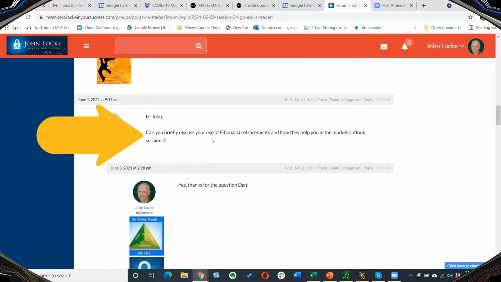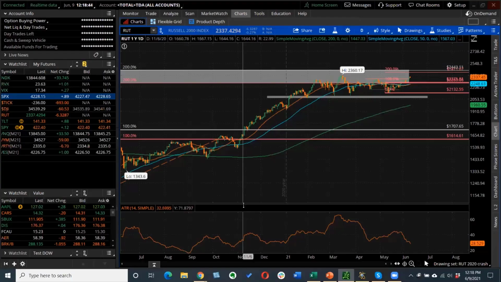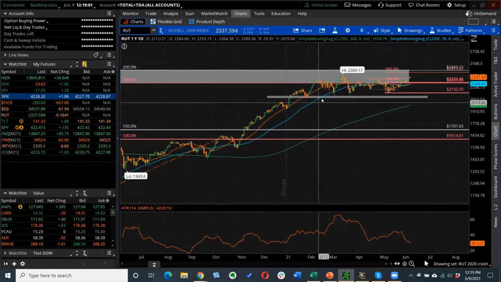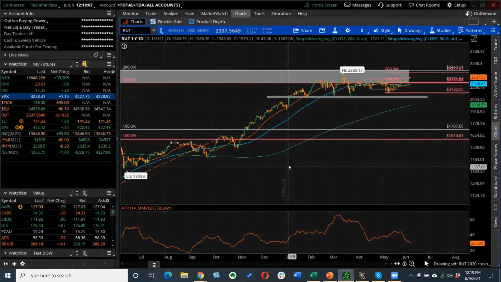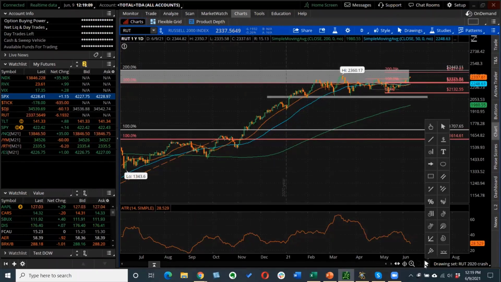Can I briefly discuss my use of Fibonacci's? Yes. So Fibonacci, the way I normally use it in the market outlook is to project price pattern targets. So I'm just looking at the depth of the pattern. And you notice mine are set up special. If I do a Fibonacci here,